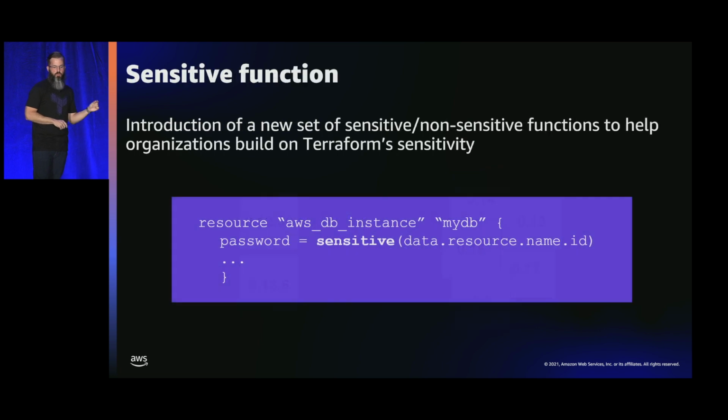And then I do want to touch on one point here real quick, and this is around that sensitivity area that we worked on. We added two new functions known as either the sensitive function or the non-sensitive function. And it does exactly what it sounds like. You basically can take values that might be plain text and make them sensitive. Make sure that they aren't output to the console or to the logging systems that might be following those processes. And then you can also do the same thing. You can take something that is sensitive and make it non-sensitive by using that same function.